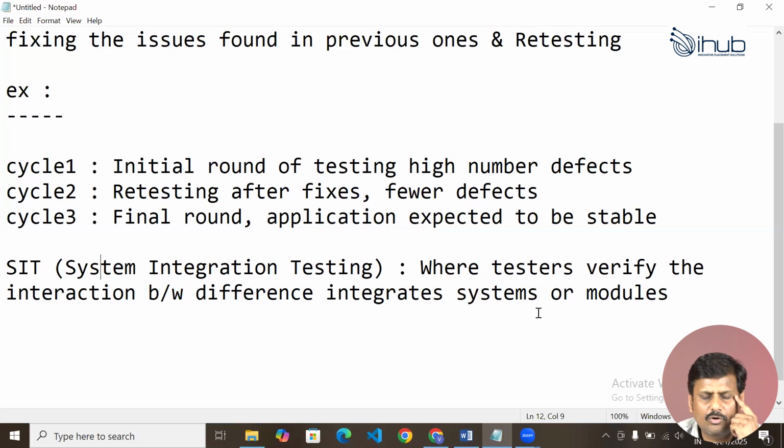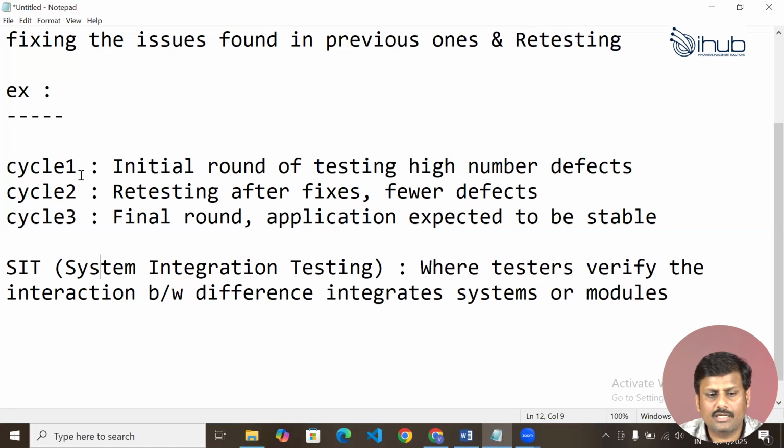See, we have various modules together which we call an application. So one module will interact with another module. Whether this communication is properly happening or not is what we call system integration testing. We do system integration testing at the developer end also. After developing their code as units or modules, while integrating them together to make bigger software, like how the data is flowing among the units after integrating, the developers do unit testing and integration testing. The same we follow in our executions also in the SIT, system integration testing.